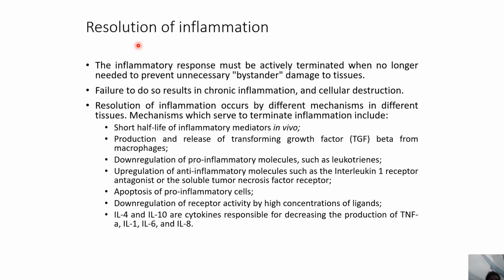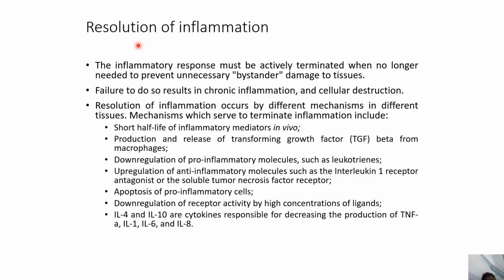Okay, we'll not go into that. Again, back to inflammation and cytokines, which we started to talk about. The inflammatory response must be actively dominated when no longer needed to prevent unnecessary bystander damage to tissues. Again, very important. If the response is not needed, it will be unnecessarily harmful for the cells. So failure to do so results in chronic inflammation and cellular destruction. So resolution of inflammation occurs by different mechanisms in different tissues. Meanwhile,